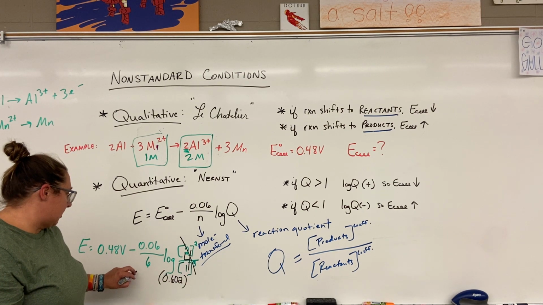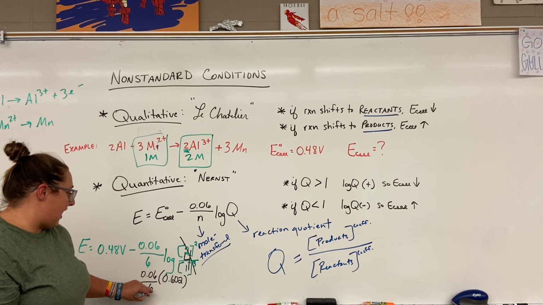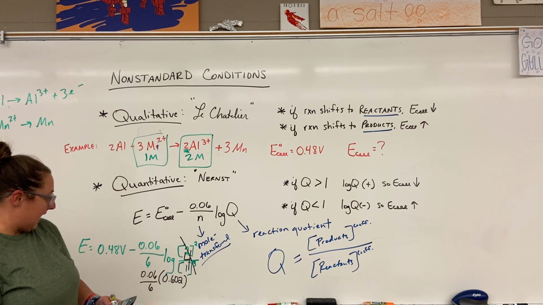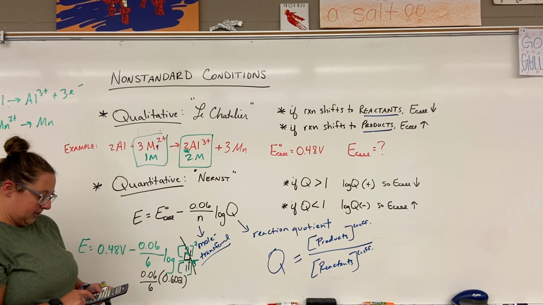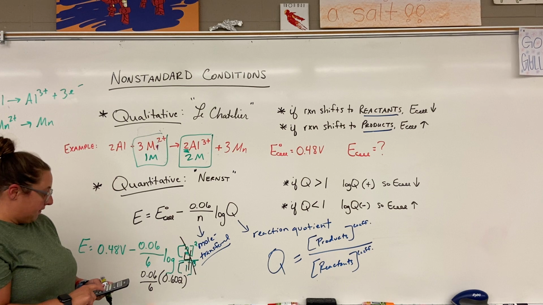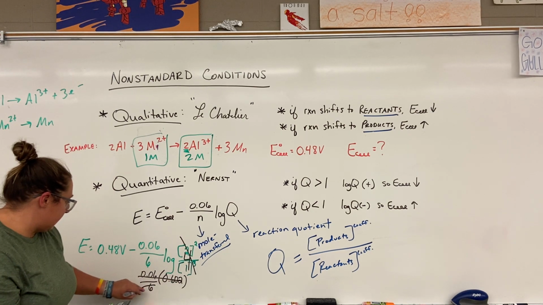Now we have to multiply this by 0.06 and then divide by 6. So I'm going to take 0.602 times 0.06 divided by 6. And that gives me this number,